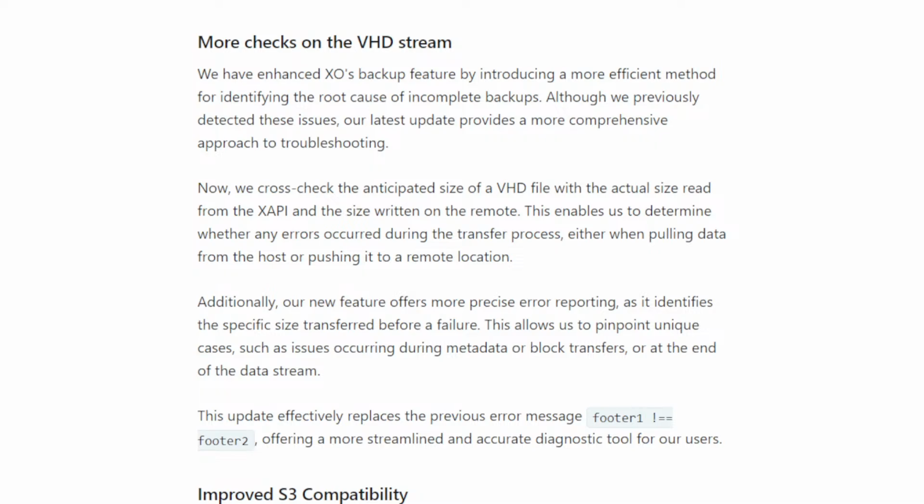But I would say the real importance of this feature is the ability to detect if the problem is, for example, in your backup repository, if your file system is corrupted or having a problem to store those files, or even if it's badly generated from the host. So thanks to this improvement on those checks on the stream, it's really, really helpful to debug and understand when